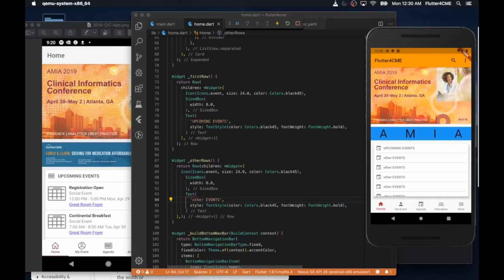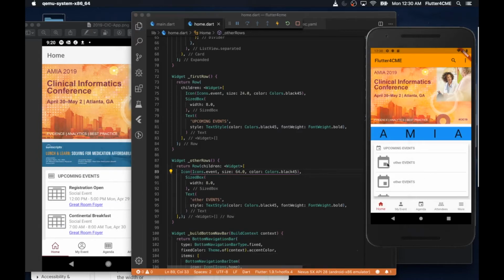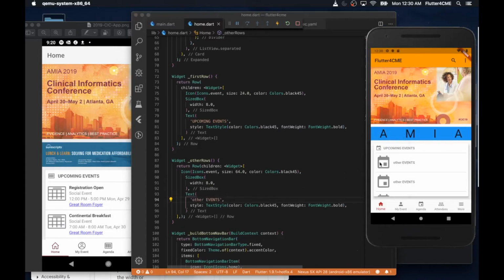And then the next thing that I'm going to do on here is, so we have an icon, and that's good. The next part after this is going to be, well, first off, we can actually just make this icon a little bit larger. So let's make it 64 and see what happens. That's better. And then the other thing that we can do is this text, instead of having this text, we can actually make it a